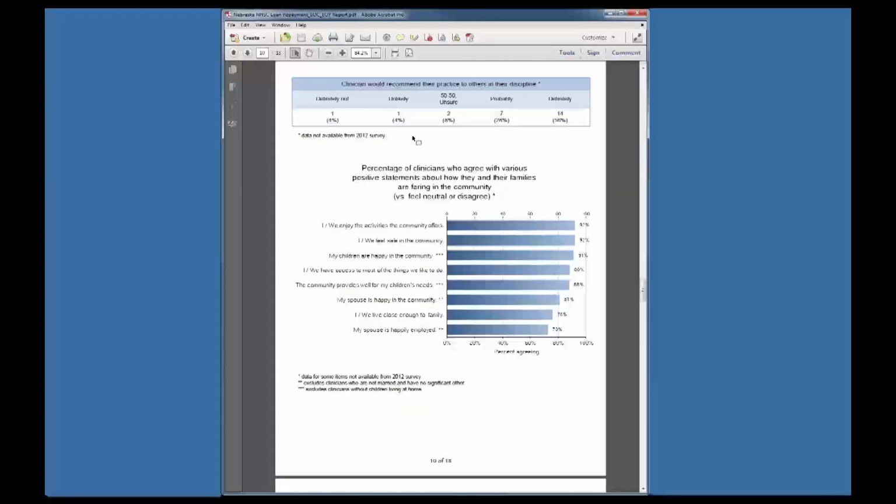Notice that there's an item here that asks clinicians, would you recommend your practice to others of their discipline? Programs would presumably use this for feedback about particular practices that are now receiving loan repayment or scholarship participants. We would be very concerned if it is unlikely, or even 50-50; that's bothersome. We would want any clinician participating in a program like this to say they would probably or definitely recommend it to someone else. So these areas are concerning.